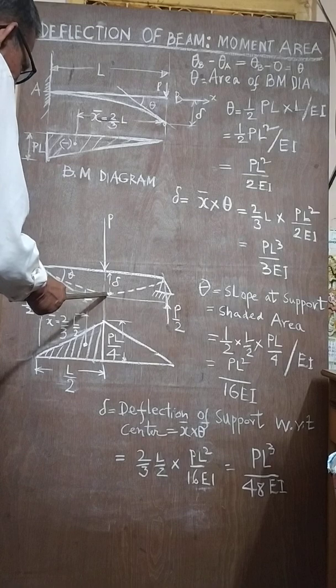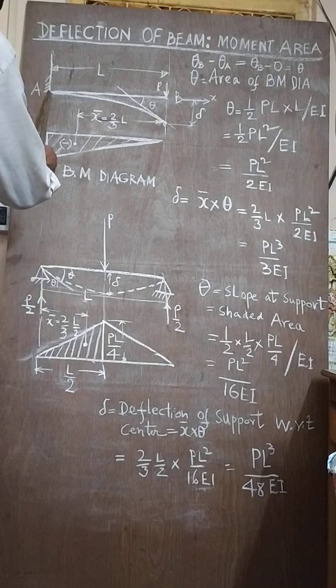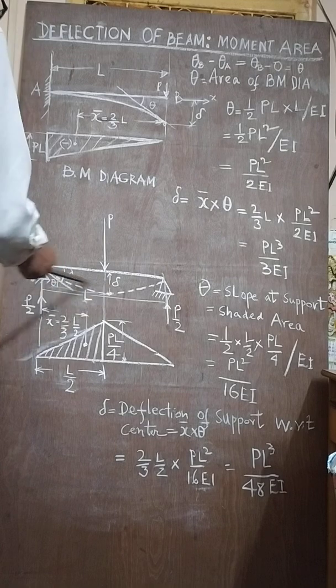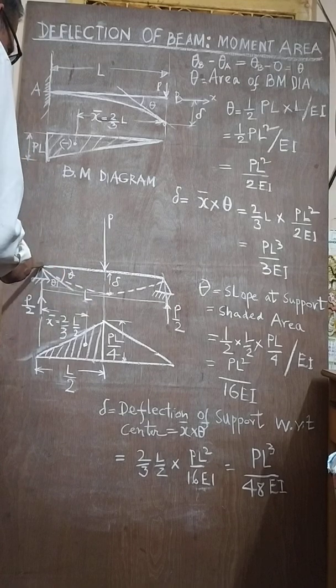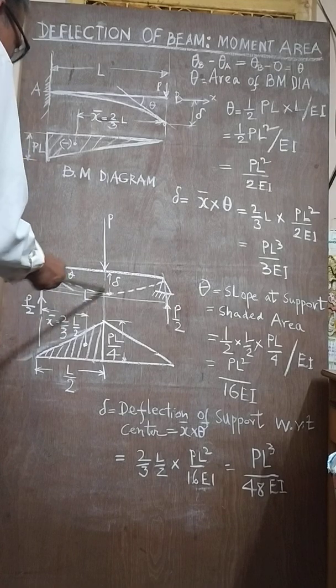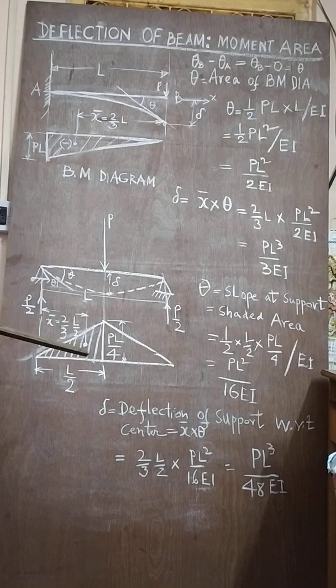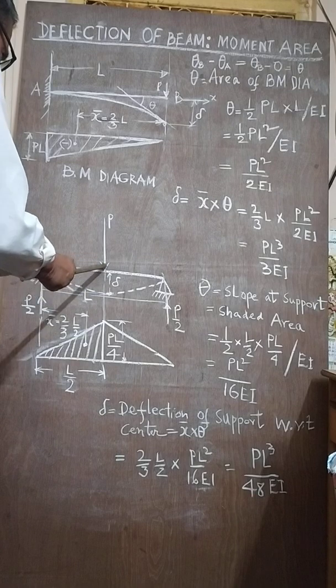So you will see that here, in the cantilever, it is the built-in end. So we consider this as the built-in, and the deflection at this edge, or the theta, will be the same because it is centrally loaded. So the deflection delta